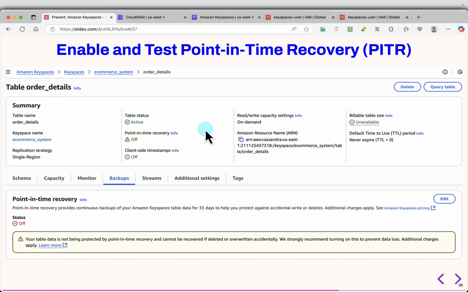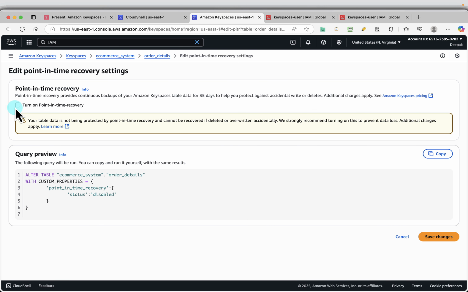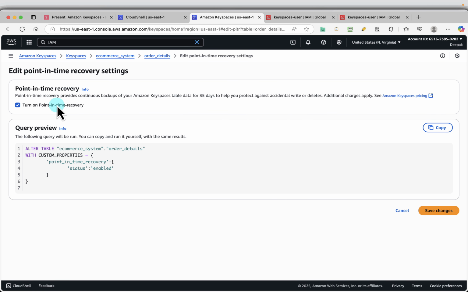Next, we'll enable and test point in time recovery. For this, we'll go to Keyspaces, and under the Backups tab, we'll turn on point in time recovery. So I come to Keyspaces, go to the tables. So this is a table level feature. So go to Backups, edit, and turn on point in time recovery. So click on Save Changes,